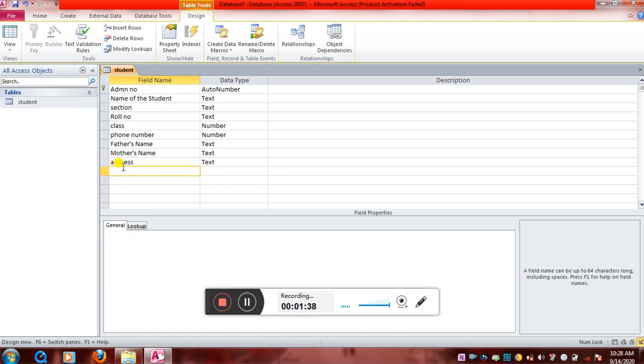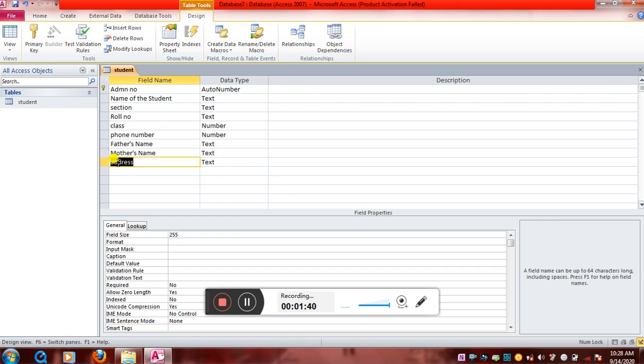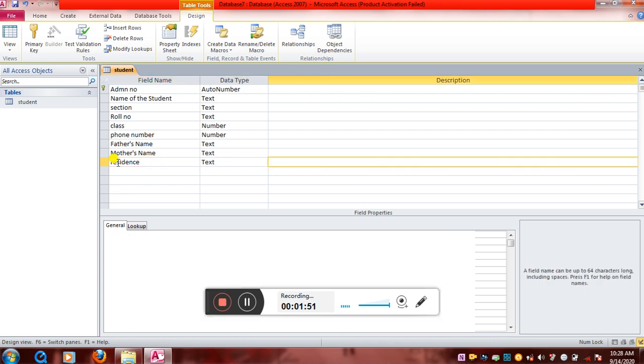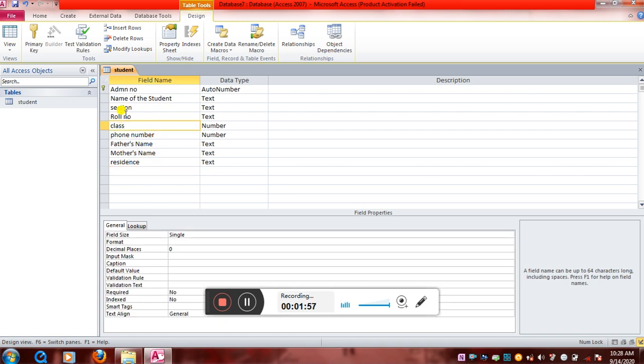Now we can just add admission number, name of the student, section, roll number, class, phone number, father's name, mother's name, residence, and then we can go with more. At the end you can add as many as you want, but in between if you want to add, what